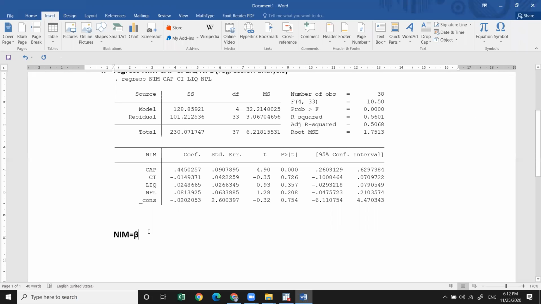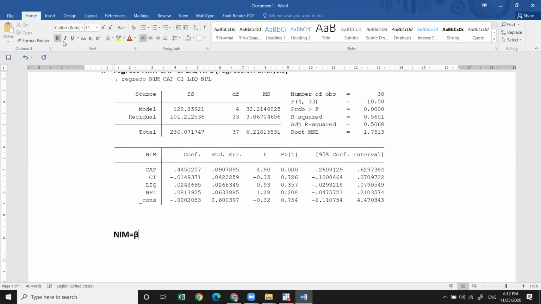Here we go. Beta 0 plus beta 1 plus beta 3